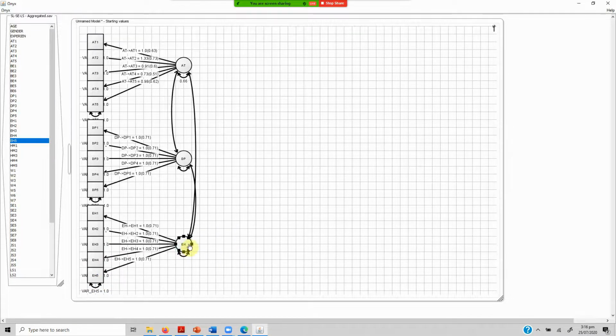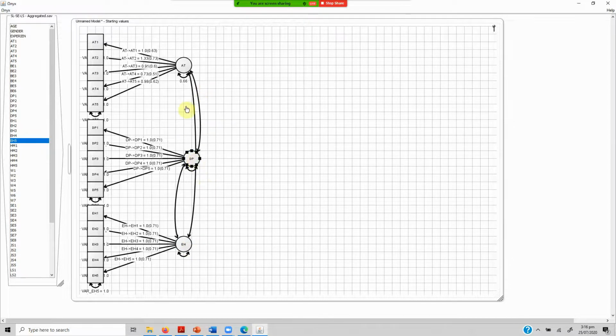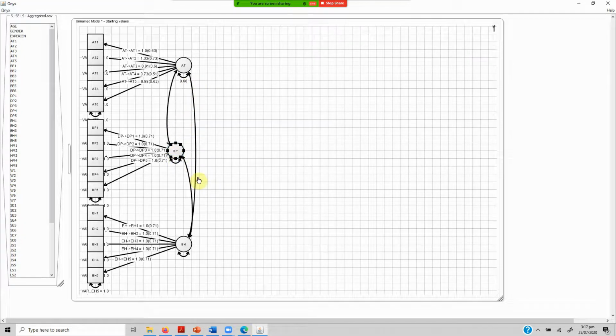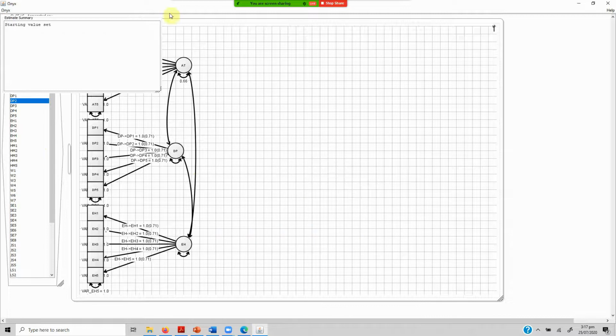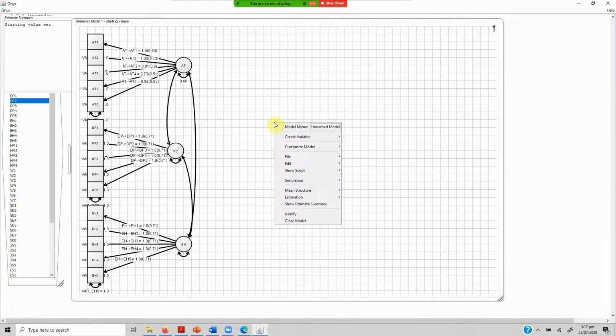Now if we have a look, we can see that each of the variables is linked with the other variables. There is covariance between all the variables. So this is how you can draw your measurement model. In this case, you will have to add all these latent constructs onto the model and link each of the latent constructs, and then go to your estimate summary and look at its